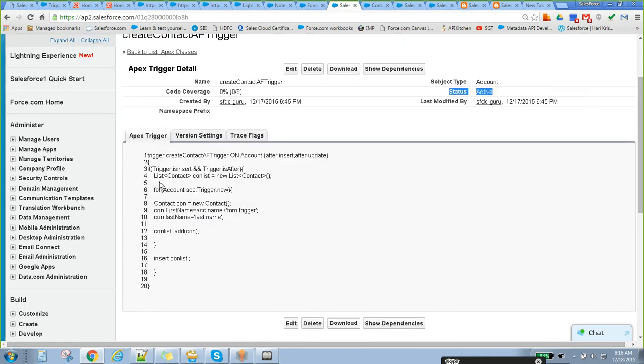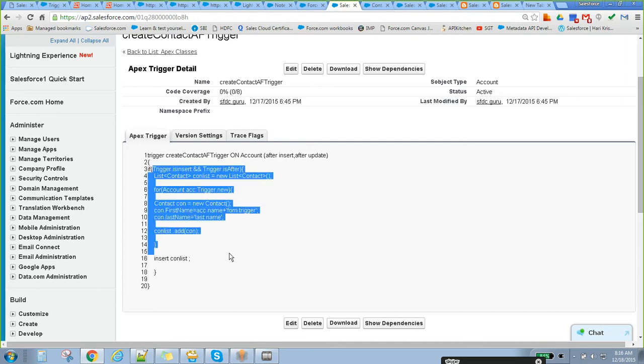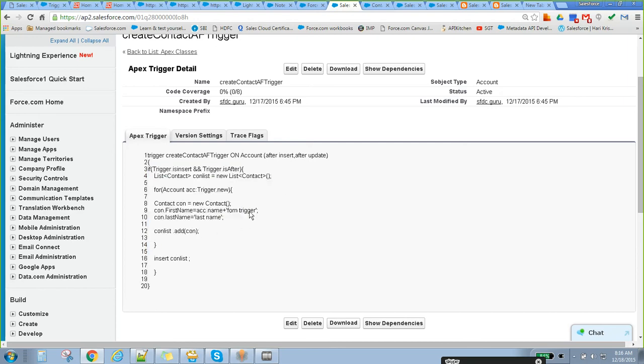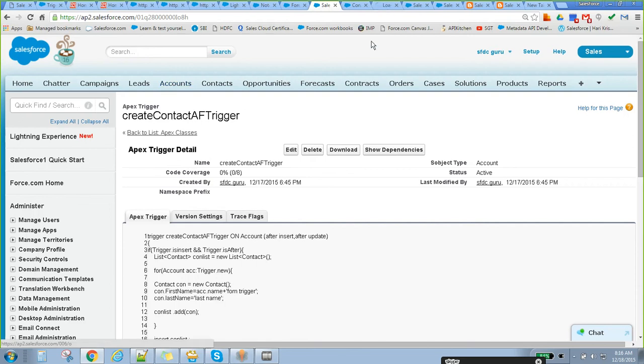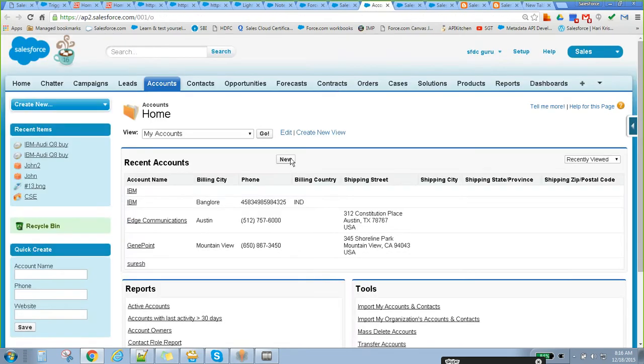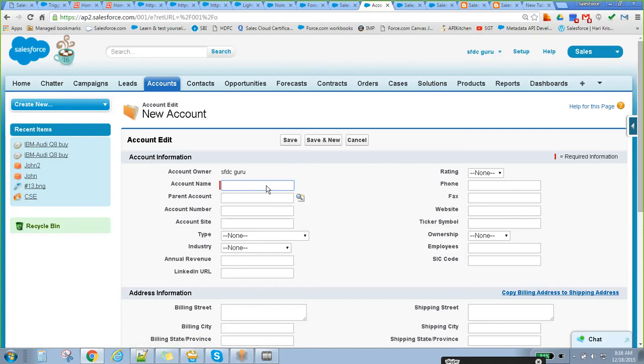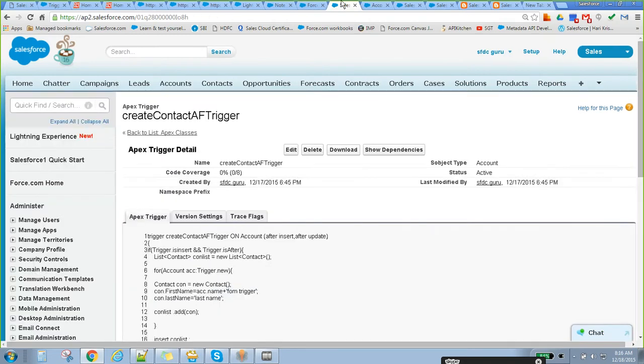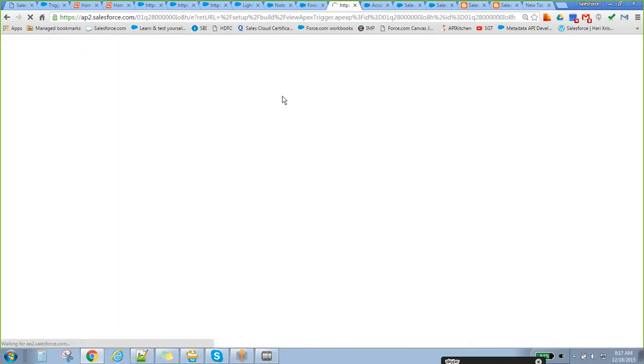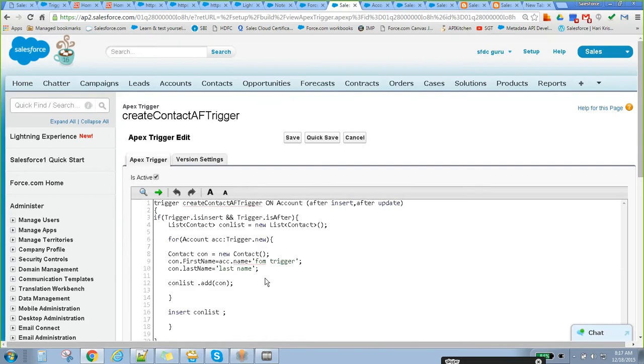Contact's AccountId equal to the account's Id. Let me save the record. See here: trigger 123 from trigger last name.